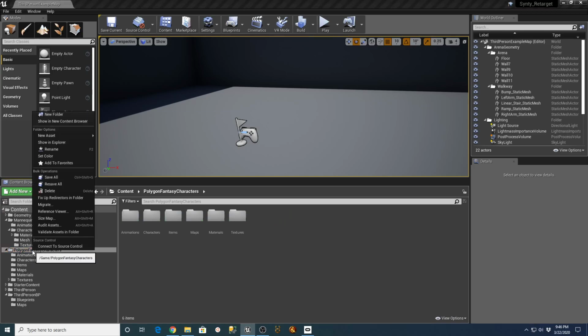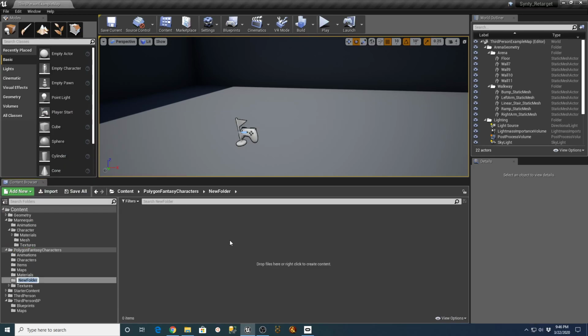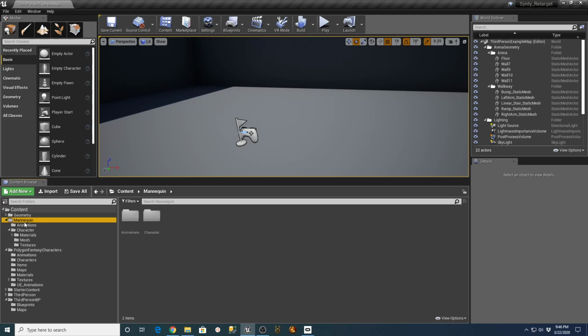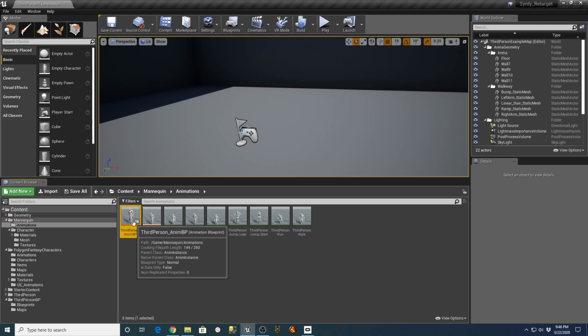Let's go create another folder, and I don't know what we want to call it. We'll call it UE animations. Let's do it that way. Under our Polygon Fantasy character. And then what we can do is just go to our mannequin and take the third person anim BP.